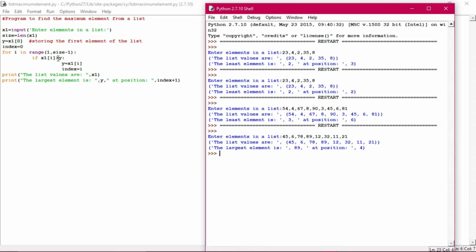The same thing appears whenever it gets updated, like when xi is greater than y, that is the first value, y is getting updated. And next time, when the next element of the list is compared, it will be compared with the current value of y, which has been updated. At the same time the index also will change if found true. So here we are actually doing what? First we are storing the first element of the list, and then we keep on comparing it.